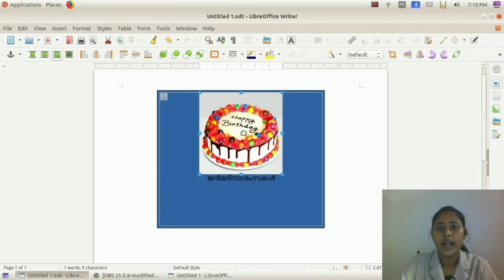Now we can adjust the size of this picture by clicking on these squares around the image and dragging. If I click and drag inwards, the size gets decreased. If I click and drag outwards, the size of the image will be increased.